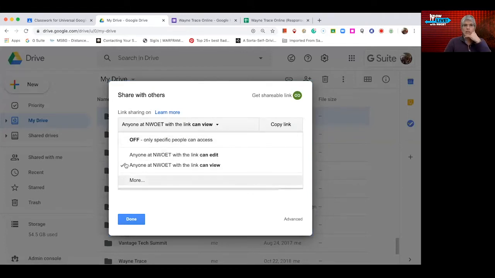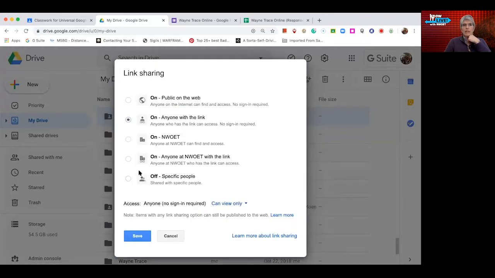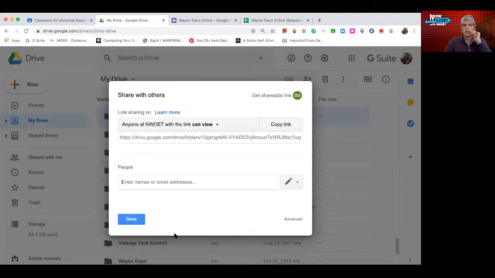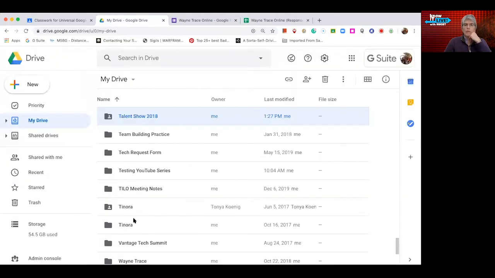So if I wanted to change those settings, anyone at NWOET, well, I want it to be anyone with a link. And can they view it? Can they organize it, edit it, add stuff to it? That is specific to whatever that task is. Okay, so I could have students share that way through the link, and then they submit the link through that